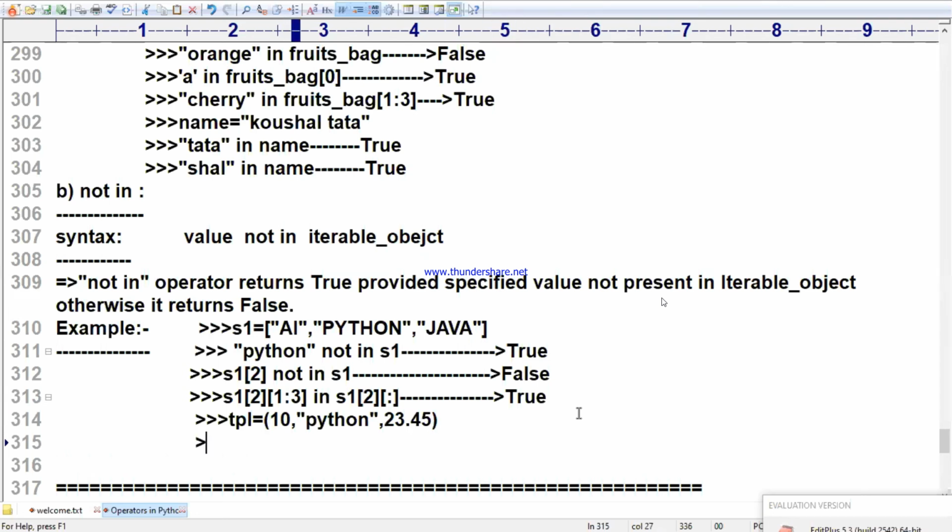Now I am asking, you write down: print directly 100 not in TPL.